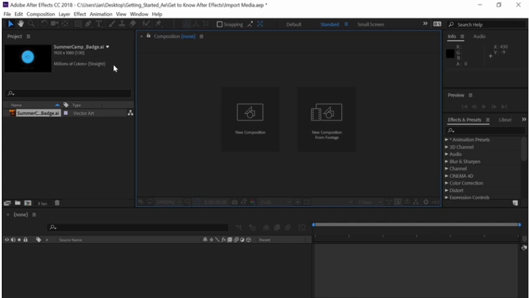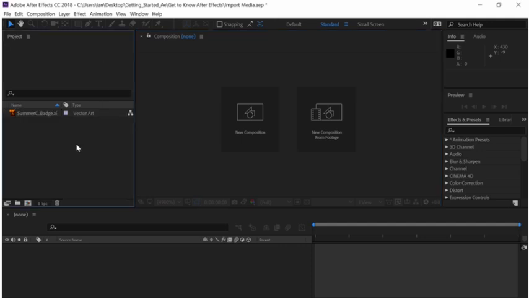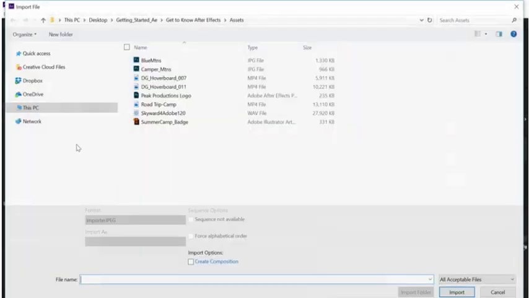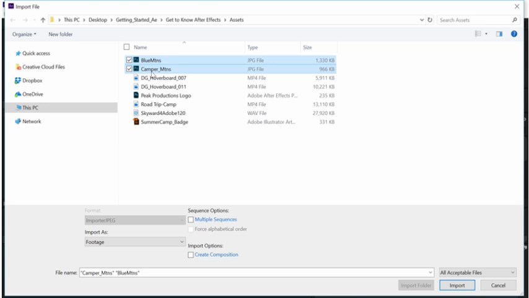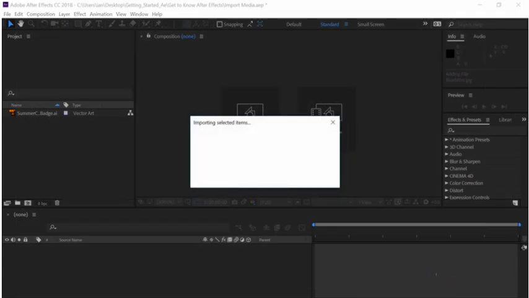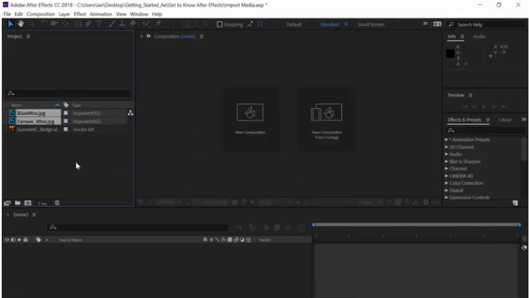Another way to import is to double-click in the project panel. Navigate back to that Assets folder, and this time I'll import both the Blue Mountains and the Camper Mountains file. I'll click on the first one, hold down Shift, and click on the next one, and they're both selected. Again, I want to make sure Multiple Sequences is not selected. And then I'll go ahead and just click Import, and both those elements will be imported right here into the